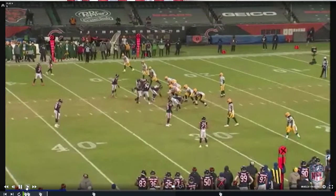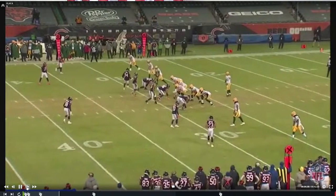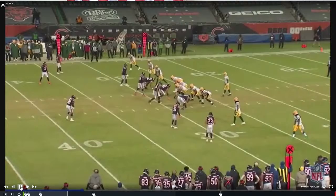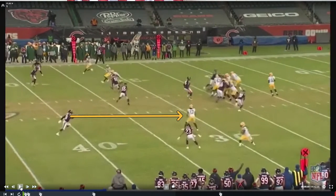Well, the problem with keeping that extra D-lineman in a nickel look is now you're in man coverage across the board, but you don't have a safety in at all. So we're going to take a look at this and watch how this play develops. Now you're straight Cover 0, man-to-man across the board. The one lone safety is man-to-man with a 12-yard cushion on Devontae Adams right here. That means your former robber linebacker right here, Danny Trevathan, what he was going to do is try to play that low hole underneath everything. But because there's no more high safety, because everybody else is in man-to-man coverage,